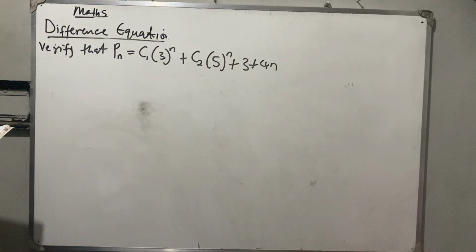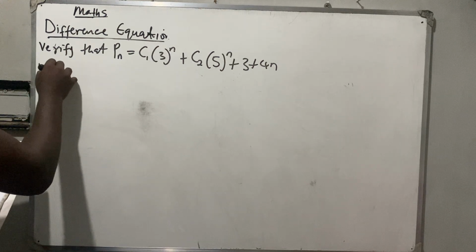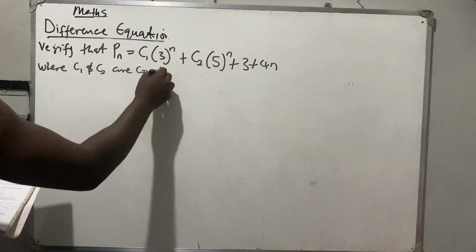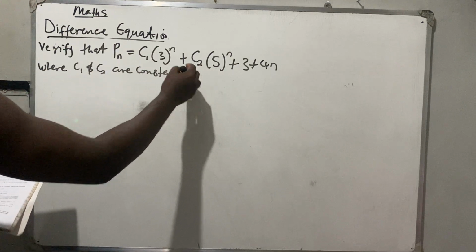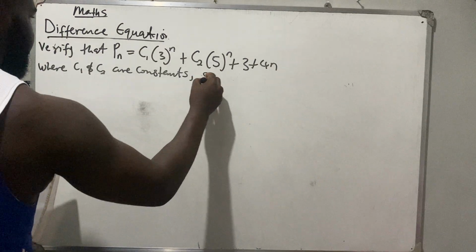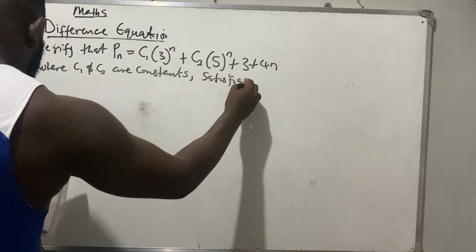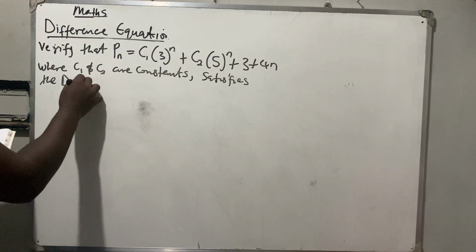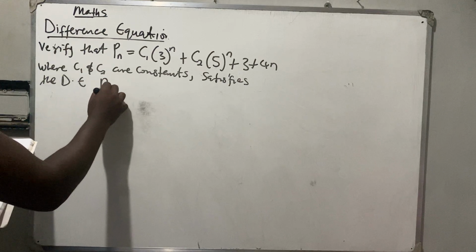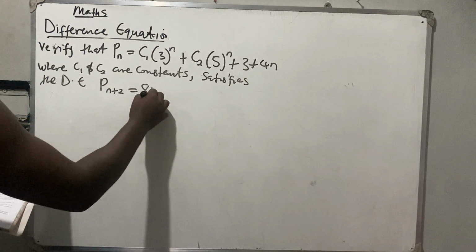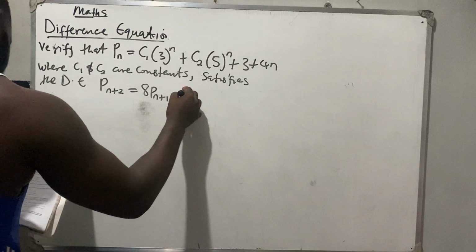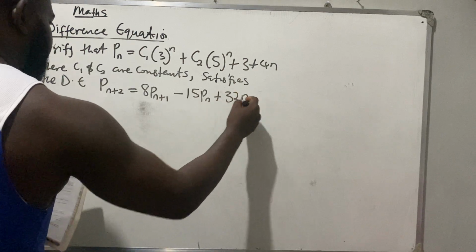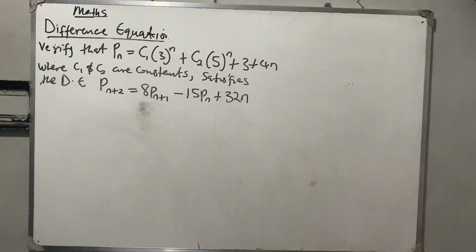where C1 and C2 are constants, satisfies the difference equation P_(n+2) is equal to 8P_(n+1) minus 15P_n plus 32n. Okay? Now, what you do for me is pause the video